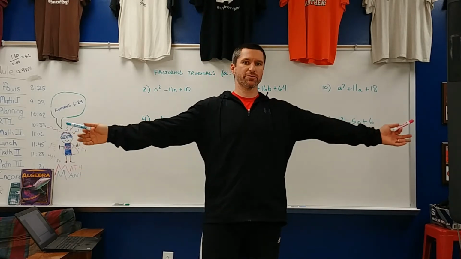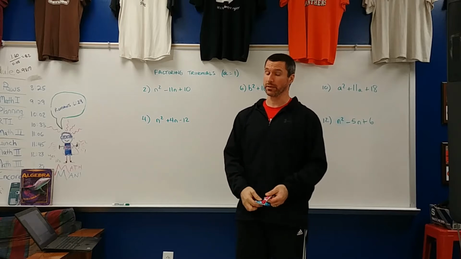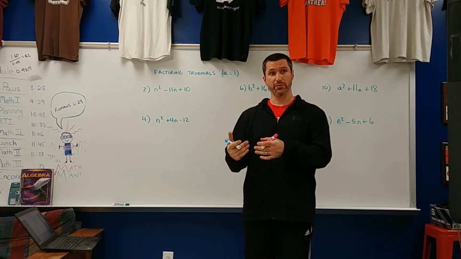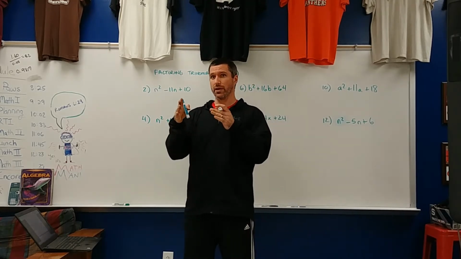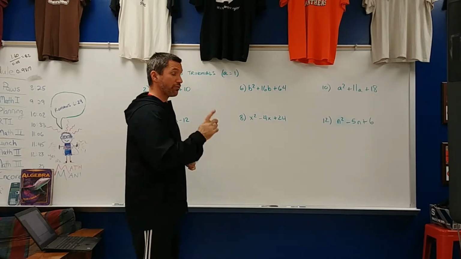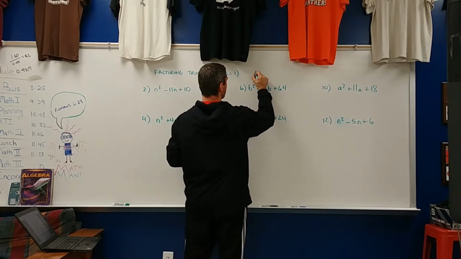Hey, one of my favorite lessons of all time: factoring trinomials where a equals 1. What does that mean? A is the coefficient of the squared term. We always have that in a trinomial, where if it's in the form x squared plus x plus a constant, the coefficient of x squared is a. Okay? So we've got,